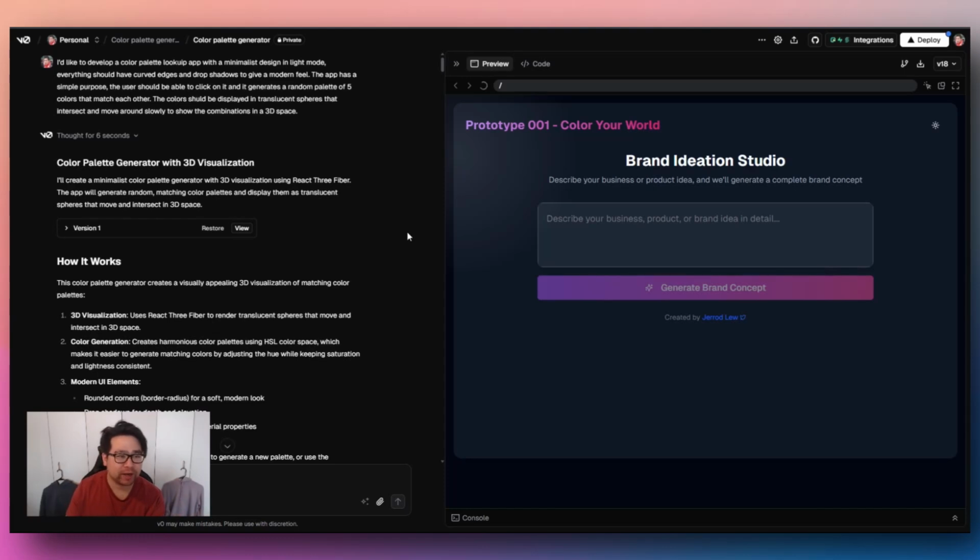Vibe coding is just really fun. I've been using V0 because I find that it creates really good user experiences in terms of how it looks compared to the other tools. So I've been liking V0 a lot. And yeah, I'm going to take you through a prototype that I've made around this brand ideation studio, and I'm